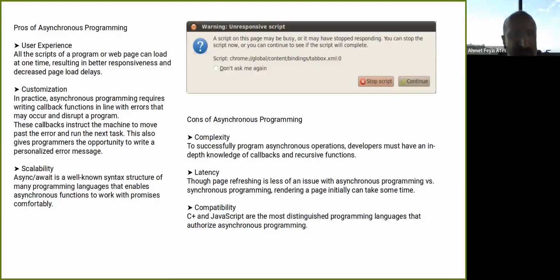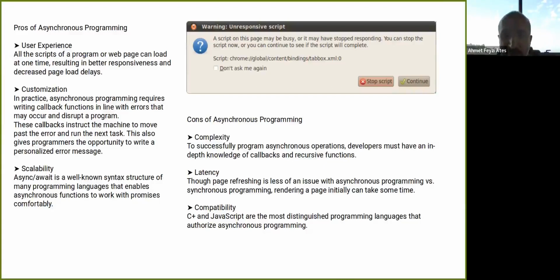Customization: since we are using callback functions, programmers may customize the software according to the return codes and error codes. And since async await is a well-known syntax structure of many programming languages, our code is more scalable.